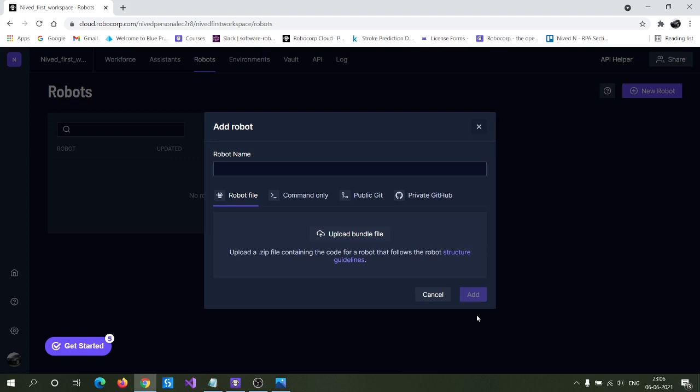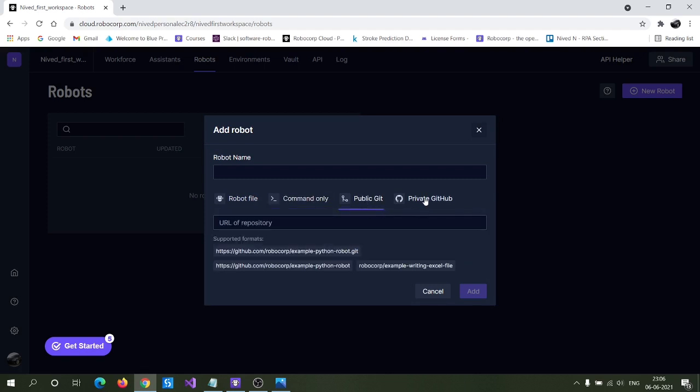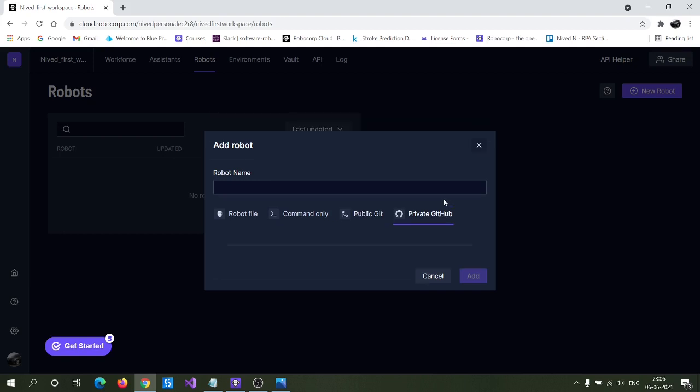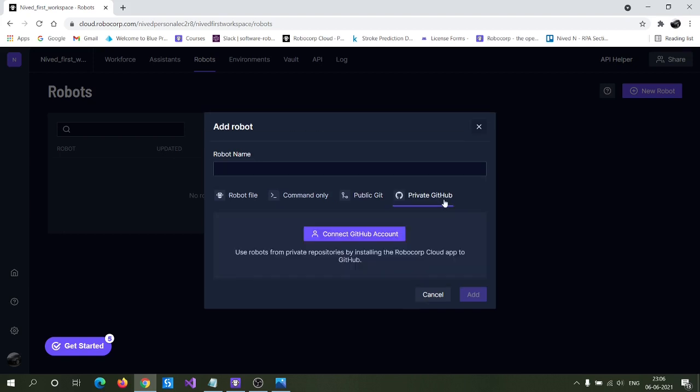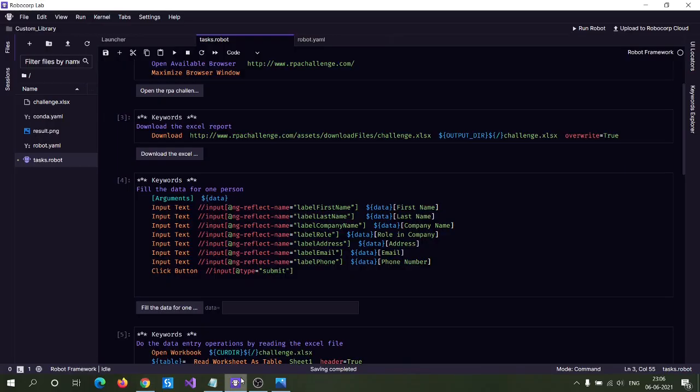The second method is by using a shell command. And the third and fourth methods use the GitHub link. If you specify the GitHub link of the repository, then you can upload the robot. This is another way. And if you want to upload a robot from a private GitHub, it is also possible. So these are the other ways by which you can upload the robot to the Robocorp cloud under the required workspace. But here in our case, we are following the first option, that is uploading it